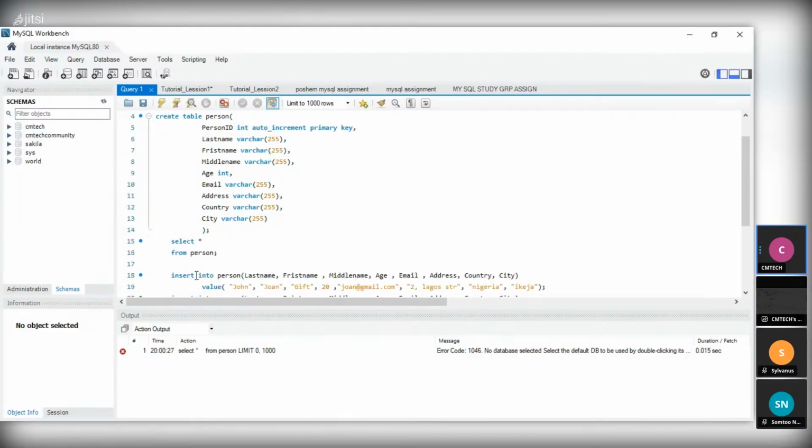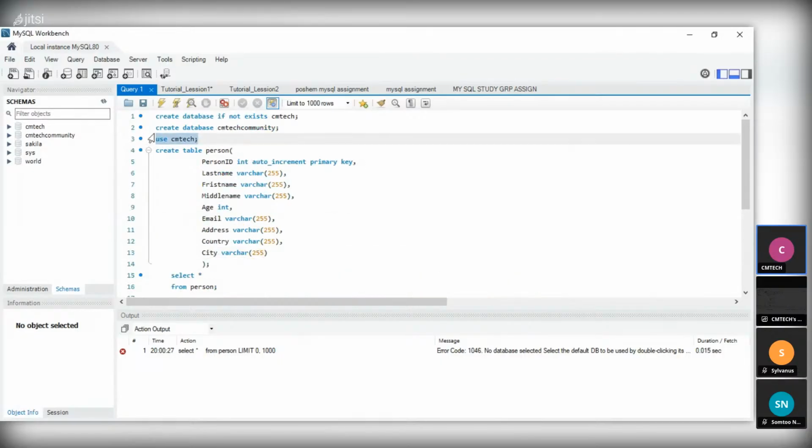When I selected all from persons, it gave me an error message that no database was selected. Now I have to use the database before I can run it.